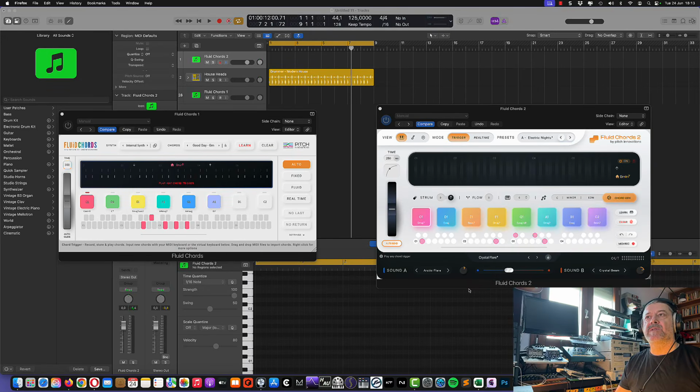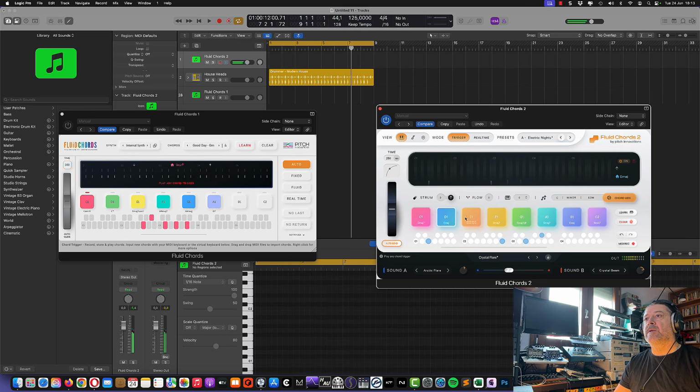Welcome to Fluid Chords version 2, which is the one on the right, while the one on the left is still Fluid Chords 1. Basically, this is a cool chord bending plugin, and it allows you to select different chords and place them on different keys on your keyboard. Whenever you press one of the keys, here I'm just using the mouse, or I can use my keyboard, it will play a different chord, and then you can bend between them by just moving to the different chord